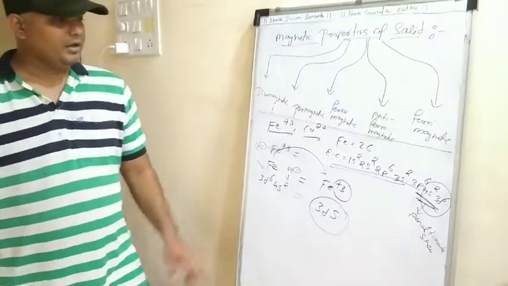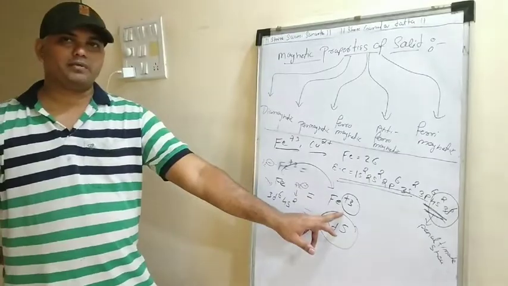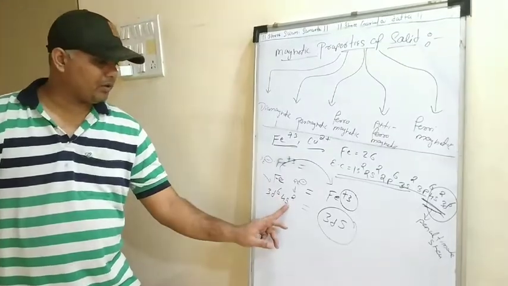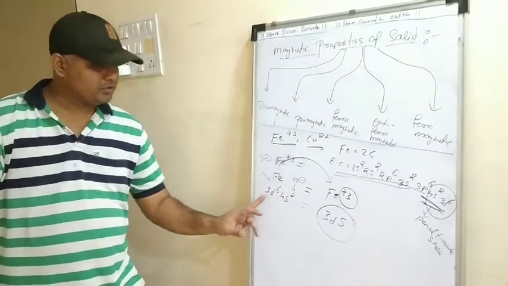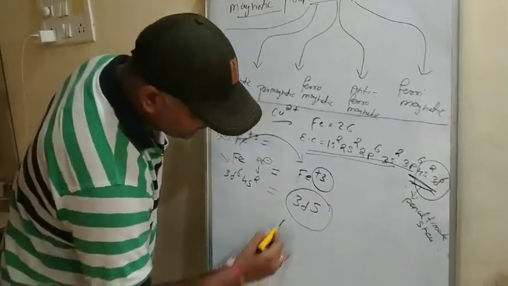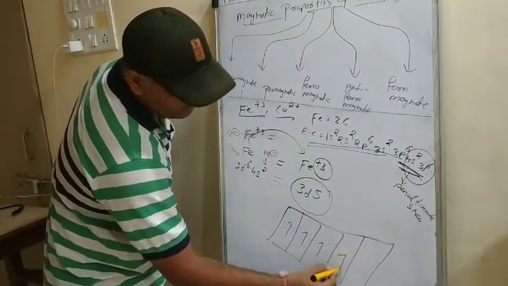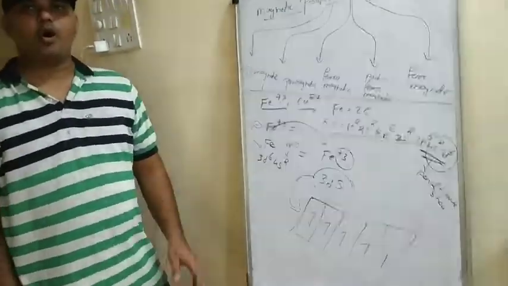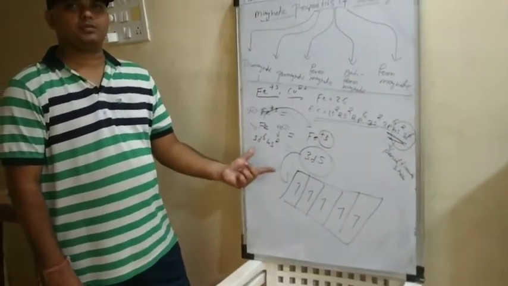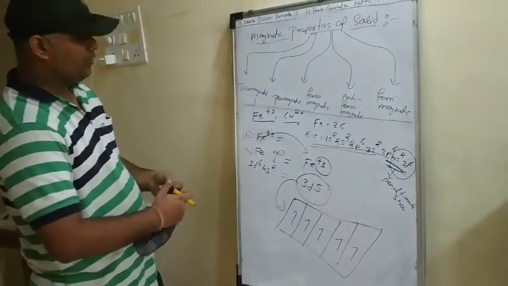Did you understand? The configuration for Fe was 3d6 4s2. When the 3 electrons were given out, it got converted into Fe plus 3, right? As soon as 3 electrons were gone, 2 electrons from 4s and 1 electron from 3d, the configuration got changed from 3d6 4s2 to 3d5. Now let's draw the 3d5. 1, 2, 3, 4, 5. You can see here there are all unpaired electrons. They all have the same symmetry and the same energy. So in this case, we can say that Fe plus 3 will behave as a paramagnetic material, right? Okay.